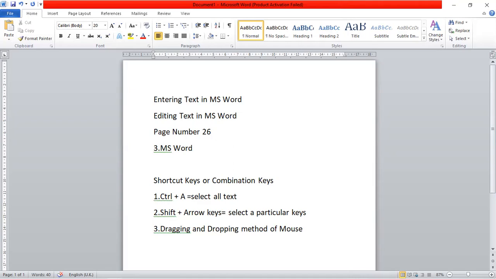I have just typed different keys. You can see I have typed shortcut keys or combination keys on the document. This is called entering different keys of the keyboard into the document.